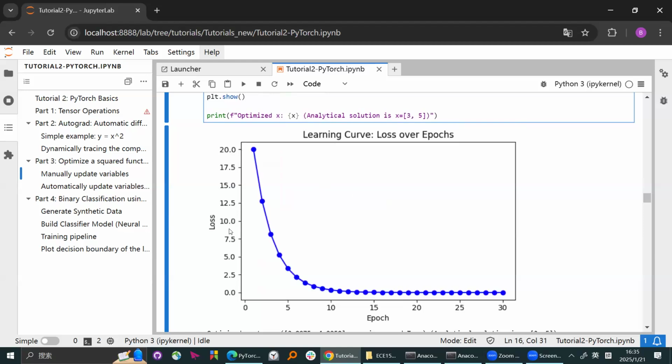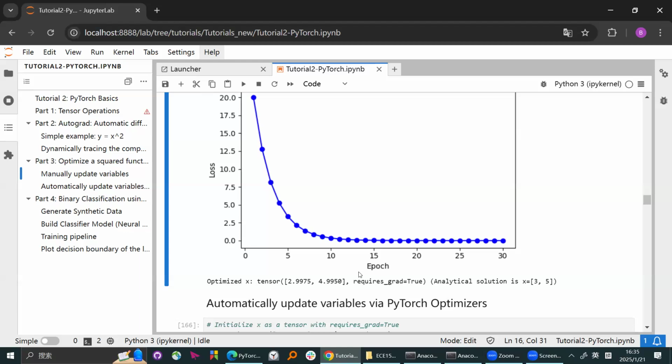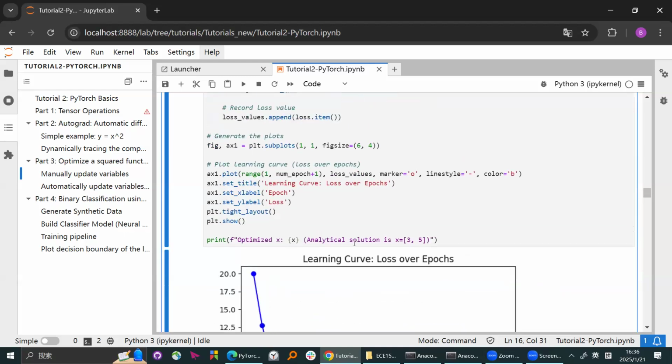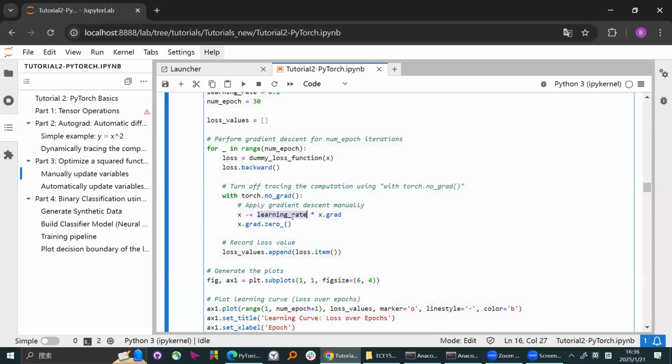So we see the loss versus the epoch, and it's decreasing over time. And at the end, what about the value? We see that x at the end is 2.9975 and 4.995, which is very close to the analytical solution, 3 and 5, we have here. And why is it not the exact value? Because I think the Professor covered that as well. The learning rate actually affects the accuracy of the